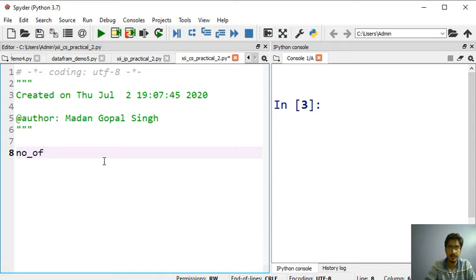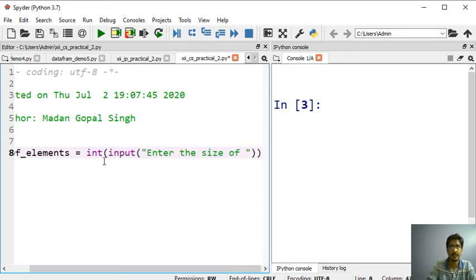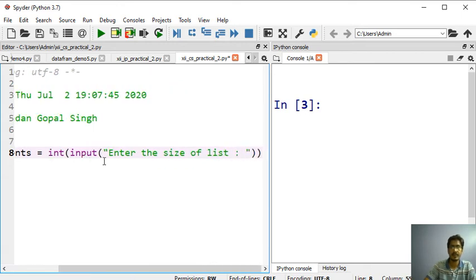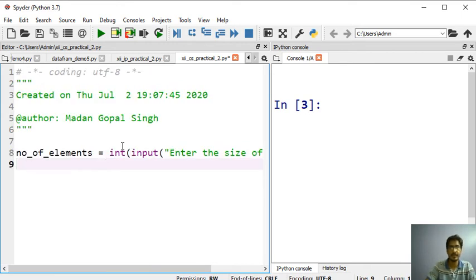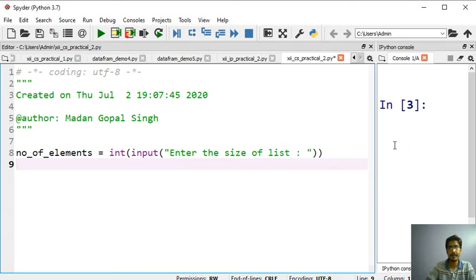Number of elements equals integer input, enter the size of list. We are taking it from the user. Now we will create a list of values, that is initially blank.